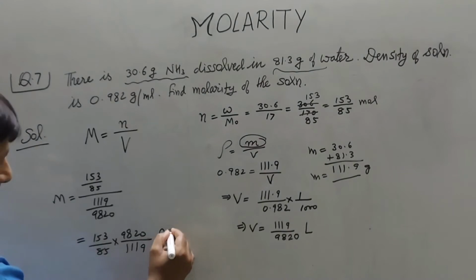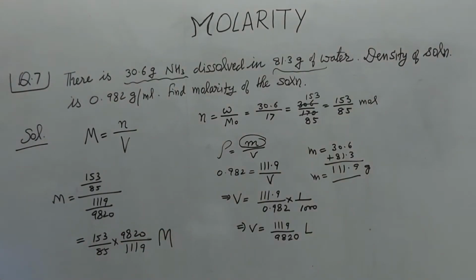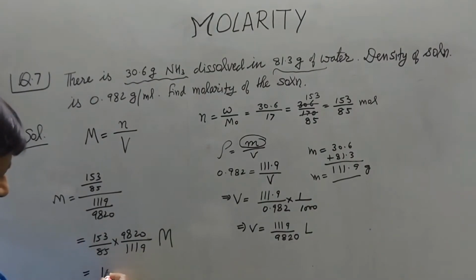This is the molarity of the solution. When you calculate, you will find that it will be approximately 15.8 molar. This is the molarity of the solution, and this is the